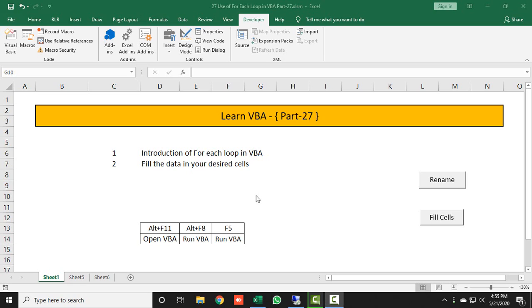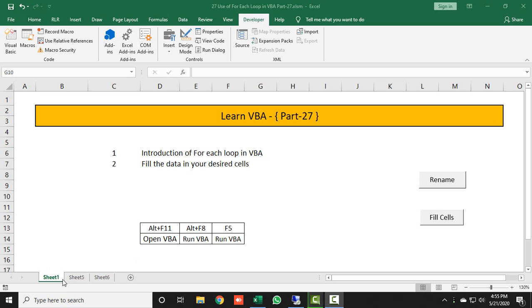For example, here you can see Sheet3, Sheet1, Sheet5, Sheet6 are available, and if I want to rename all sheets at a single time, what will I do? I will just click on this form control button, and as soon as I click on this button, all sheets will be renamed and a 1 will be added to each sheet name.